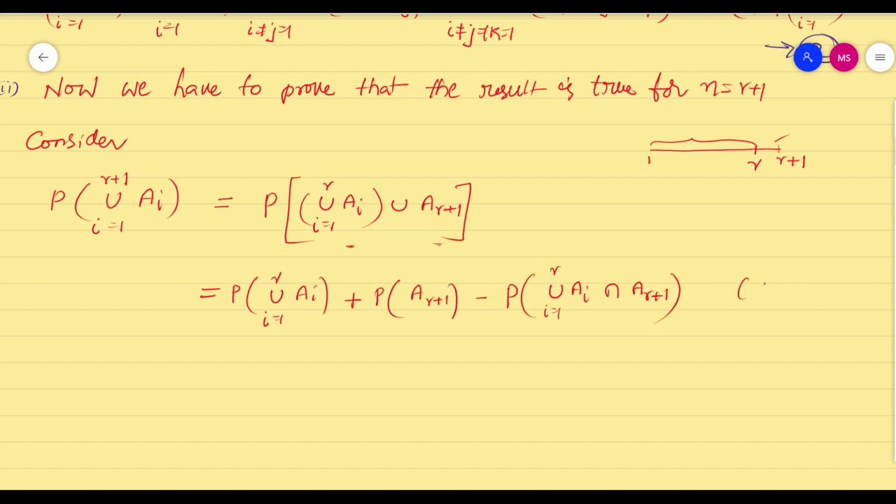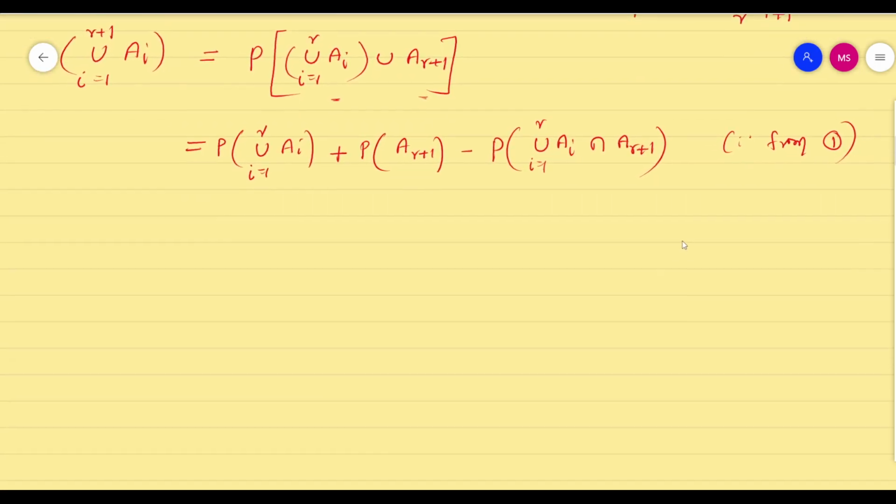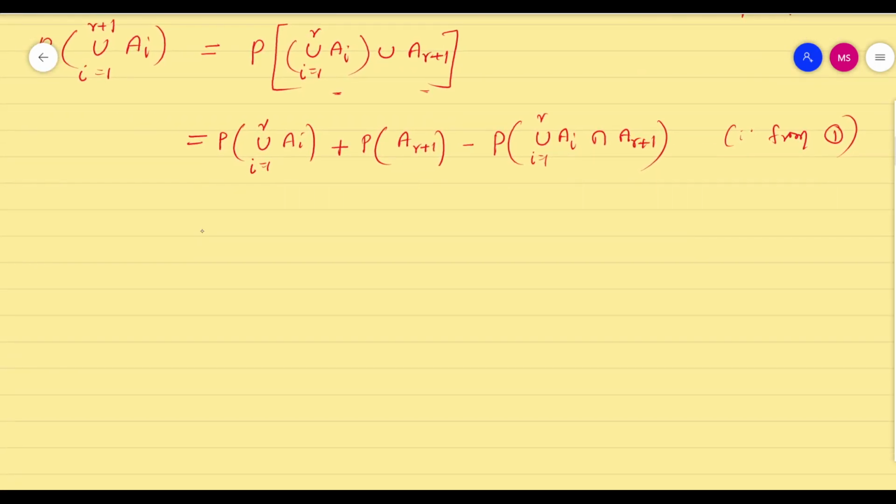Now, from equation 1, I'm writing that this is equal to p of union i running from 1 to r ai